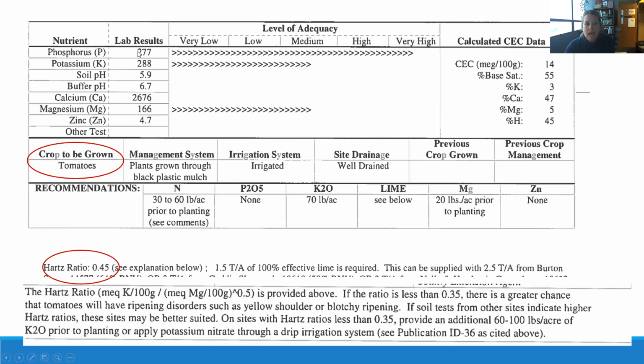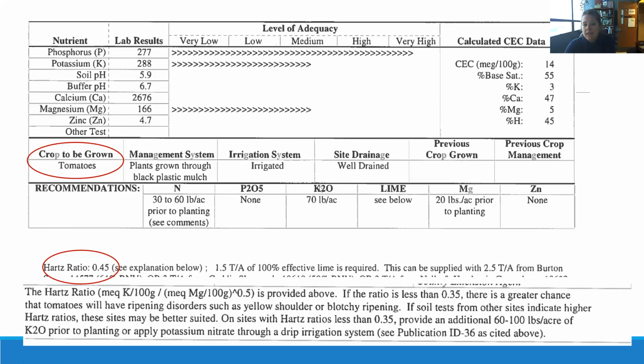So we'll take a look at this, and I'll reference this later. So your phosphorus. Here is an example of a soil test report: 277, very high. Potassium 288. That's about right, exactly on target. Magnesium 166. Honestly, if this person were in a high tunnel, I would say leave it as is, because what we tend to see in high tunnels is that the magnesium tends to creep up a little bit, even if you aren't applying magnesium. It's happened even here in Lexington to my tunnels.